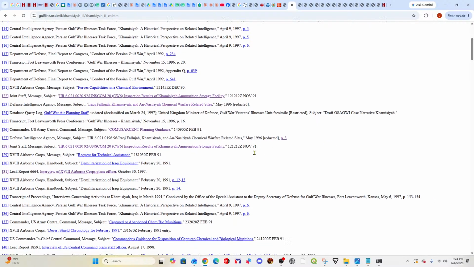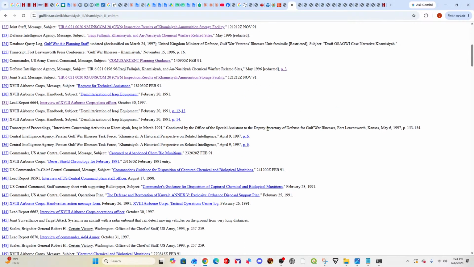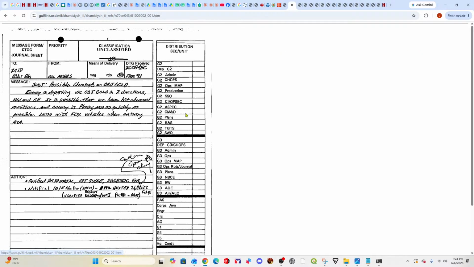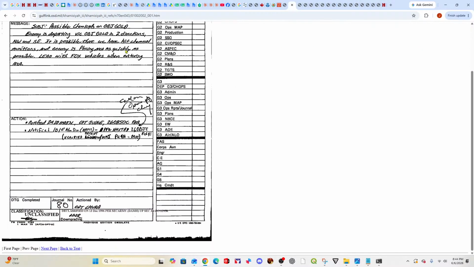It might take me a minute to find it. It's the same, 18th there. Handwritten action message form, February 26th. Operations tactical log. There it is. Okay. Now,